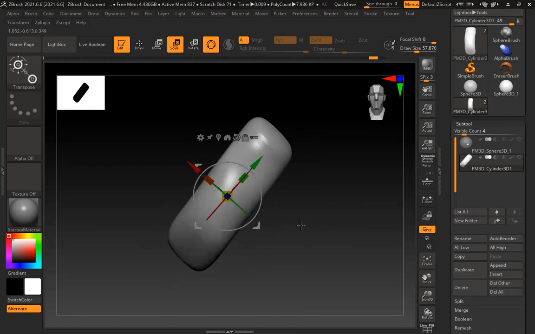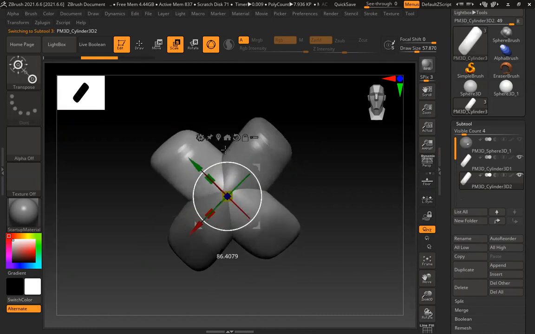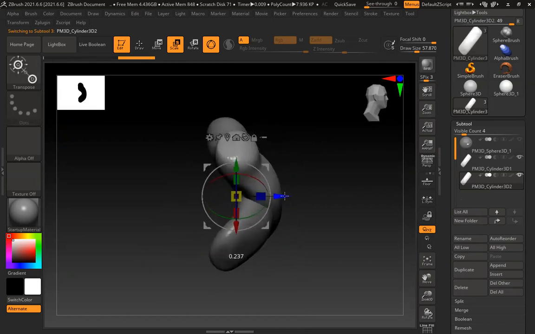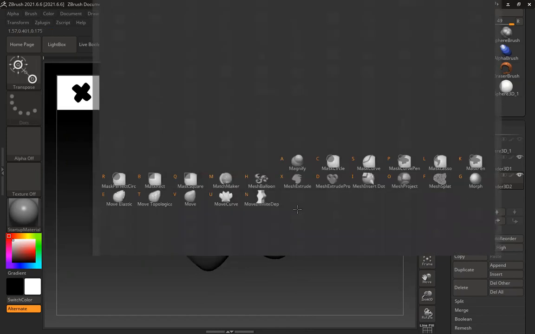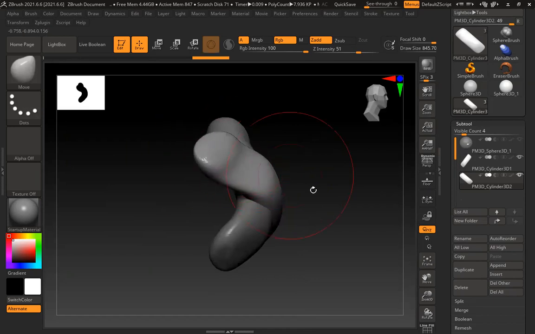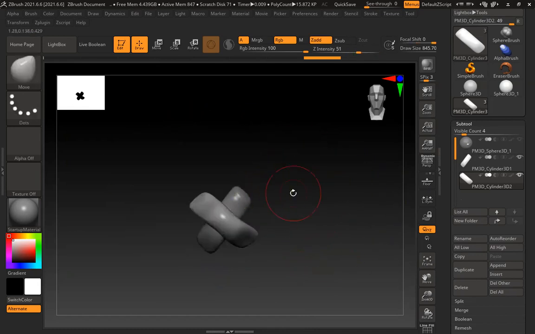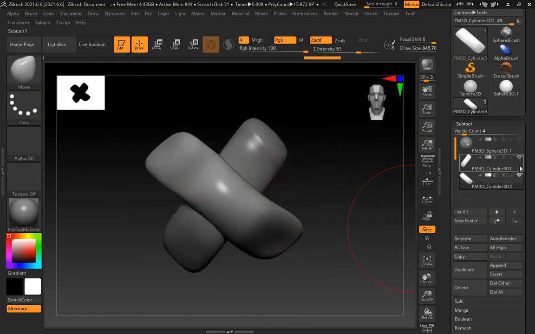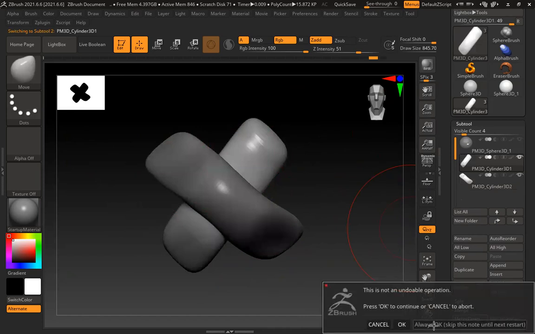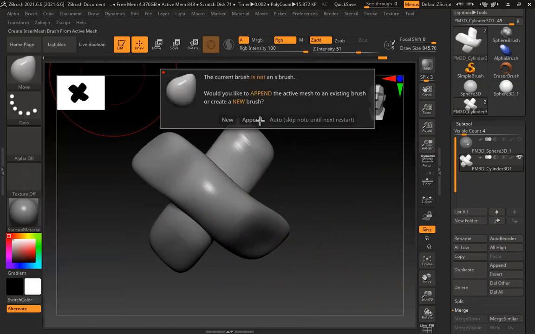So create this shape and Control Shift D. To create this crisscross, same process, merge them together and go to brush, create, insert mesh, new.